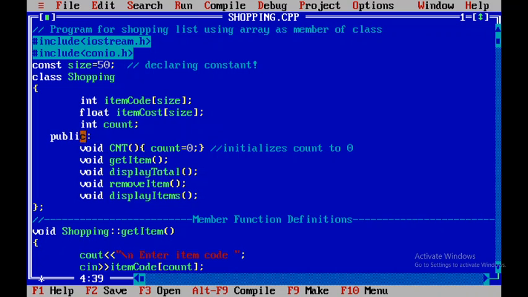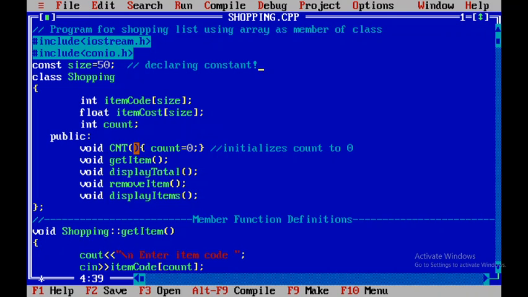In the public section we are going to declare some methods. Void cnt: this method I am using to initialize count when the object is created. I want to initialize count for every order, for every shopping list, for every object of the shopping class, as 0, and for this I am using the cnt method.